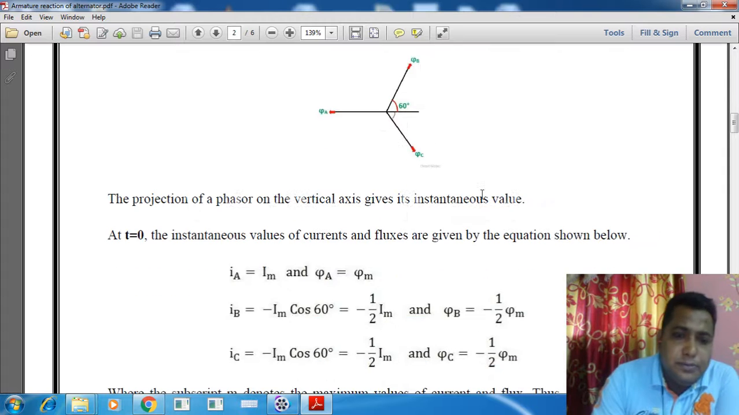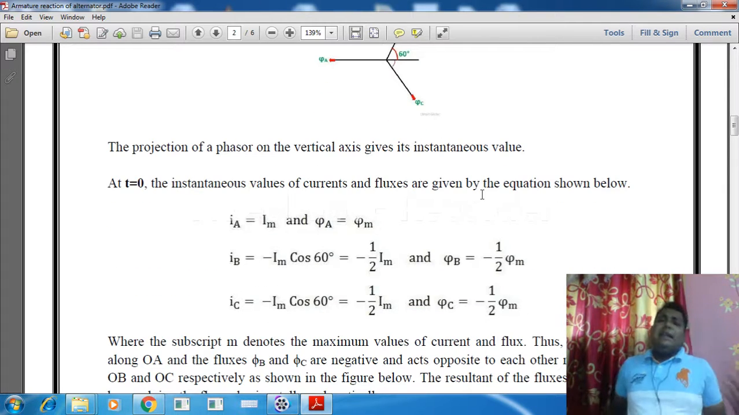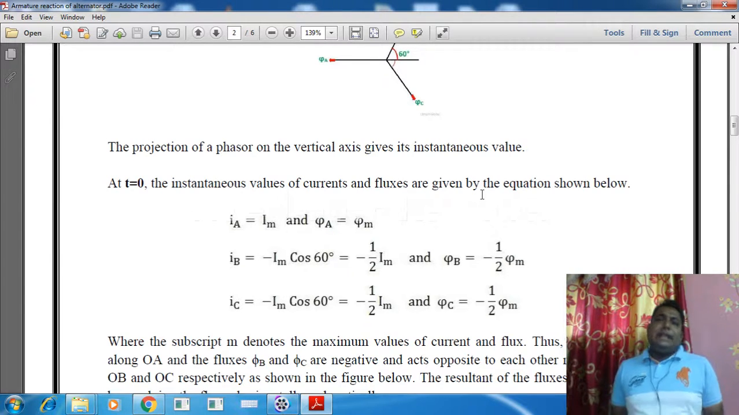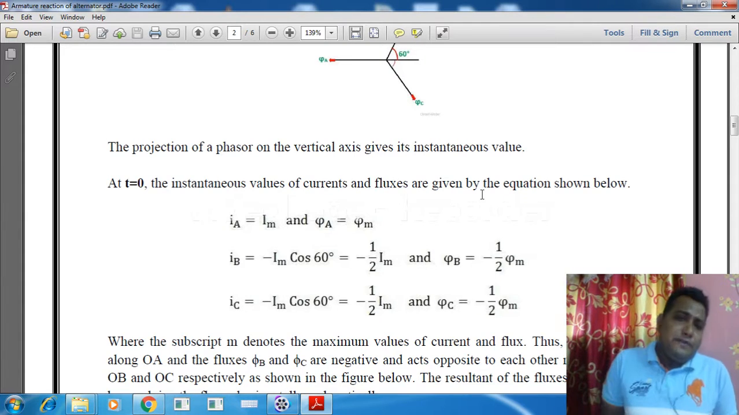Okay, so now we will see the value of this current and flux if we consider different phase angles, because the instantaneous value should be taken for understanding and calculation purposes. So we are going to take 0 degree, 30 degree, 60 degree, 90 degree, like that way 120 degree. Different phase angles we can consider,